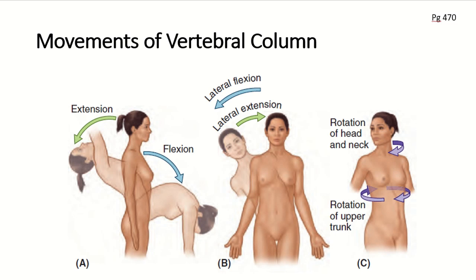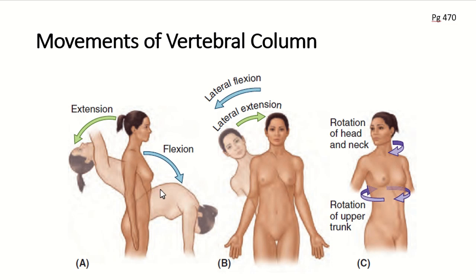Flexion of the vertebral column is actually greatest in the cervical region. The sagittally oriented joint planes of the lumbar region are conducive to flexion, as well as extension, which is why you can see this curvature of the lumbar spine down here. Extension of the vertebral column is most marked in the lumbar region and is usually more extensive than flexion. So you can see this curvature of the lumbar is a lot more extensive than down here in flexion.